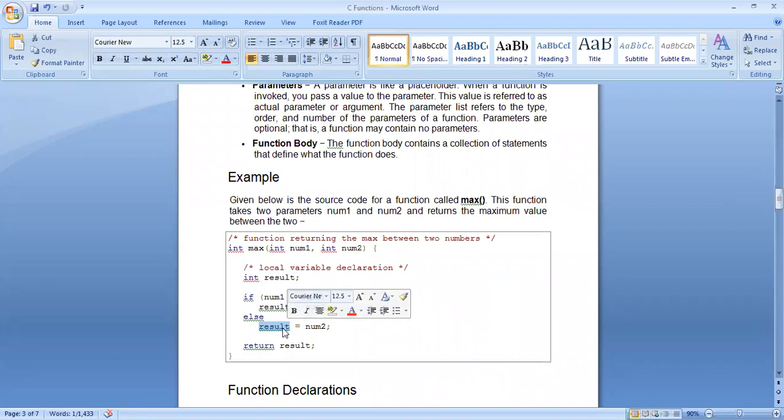Whichever number is the biggest will be assigned to result, and finally you will return the result to whom? To the function or program that called this function. So if I'm the program which calls this function, the biggest of the two numbers will be returned back to me. This is how a function looks.